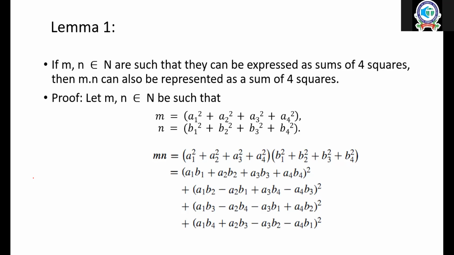But he collected all the ingredients. The main part of this theorem he collected. He brought many things, but the final step he did not complete. Lagrange did it, in 1770. But there is another proof, by Jacobi, and some other people. What they did is, given a natural number, how many ways can you write it? You are saying existence: every natural number is written as a sum of 4 squares.